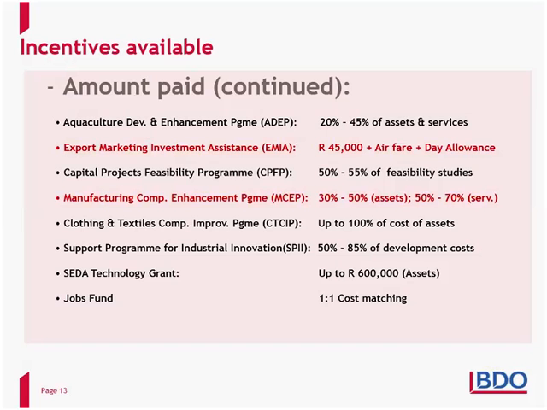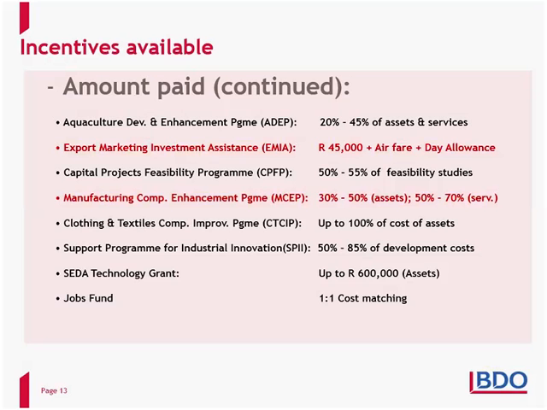The Export Marketing Investment Assistance has various sub-programs. One of the more popular schemes is the Exhibition Assistance Scheme, which will pay up to 45,000 Rand to a company to cover the cost of renting a stand at an exhibition overseas. This incentive scheme will also pay the economy class airfare of one representative from the company, and will also pay a day allowance of 2,000 Rand a day.